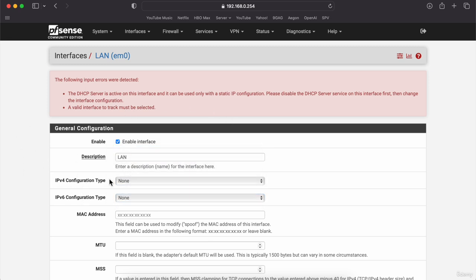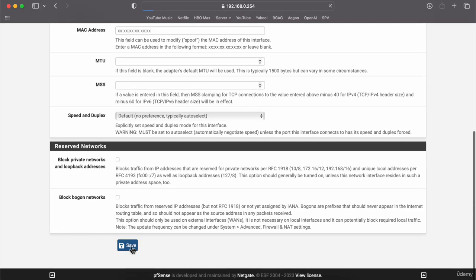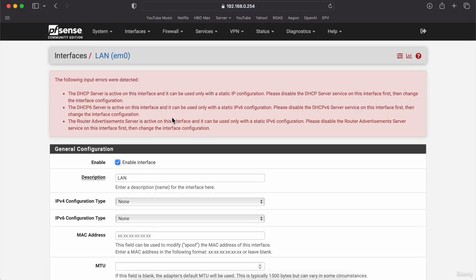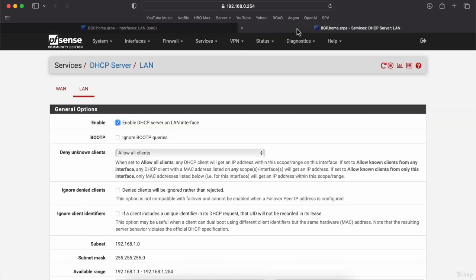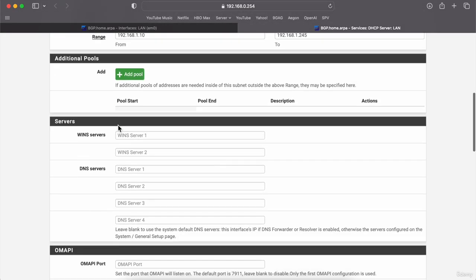Let's select none for IPv4 and none for IPv6, and it will not allow me, which means I have to go to the DHCP server here,